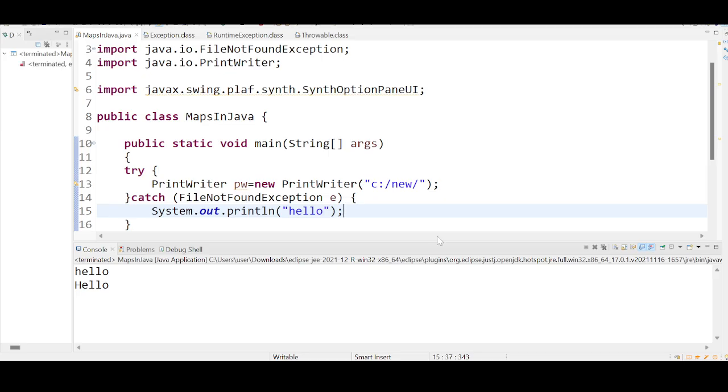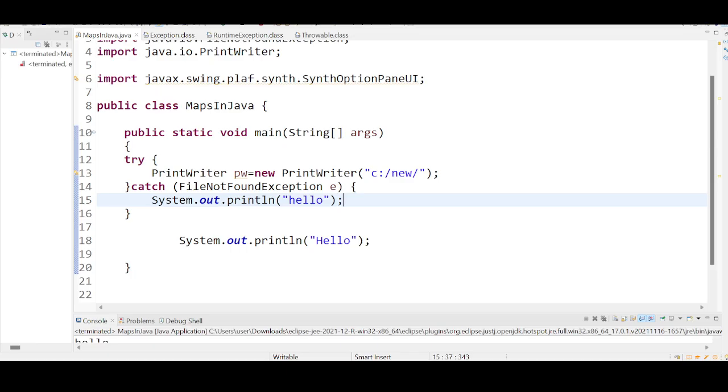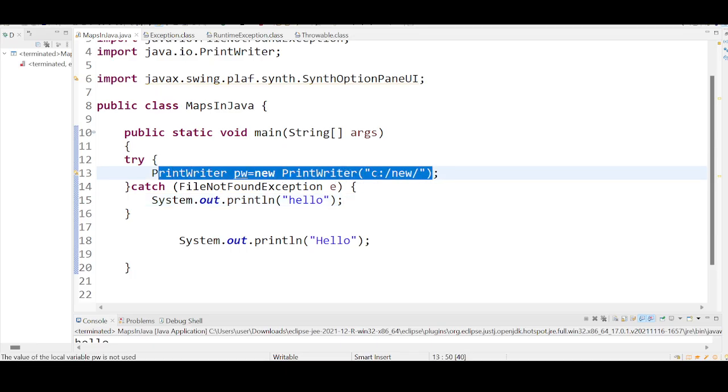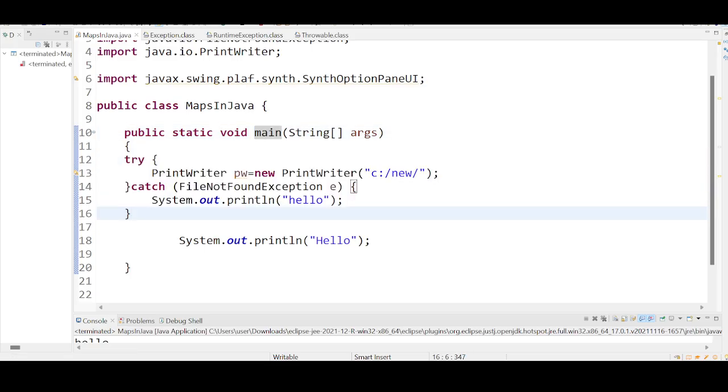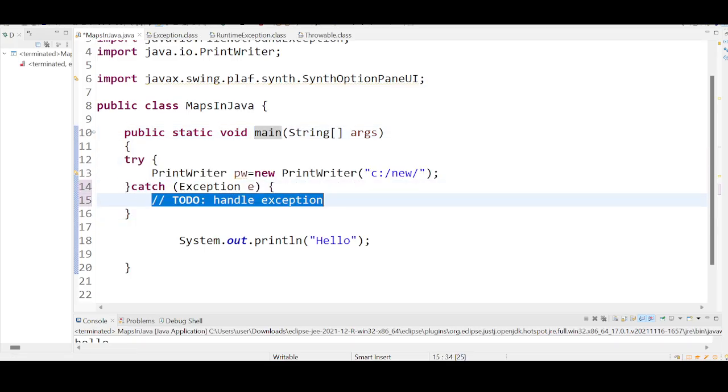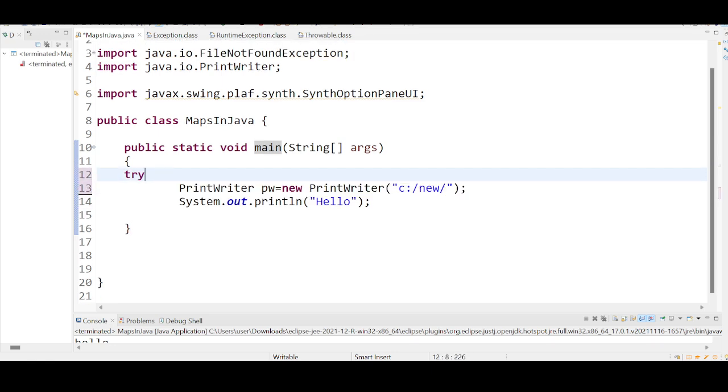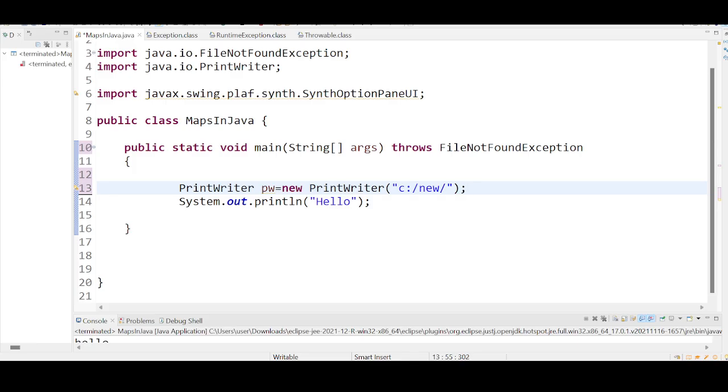Do you see any abnormal termination here? Because the exception that is generating is getting suppressed by the catch block. The exception is getting handled in the current main method itself. There is no abnormal termination. Okay, but in case you are trying to use the throws keyword, unfortunately our method, we are writing